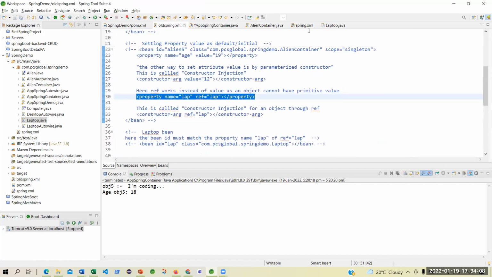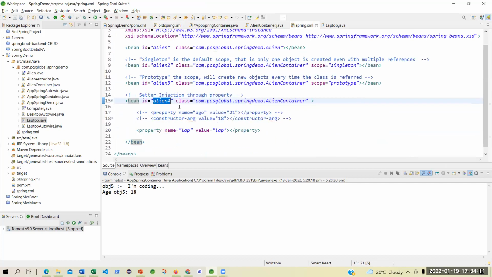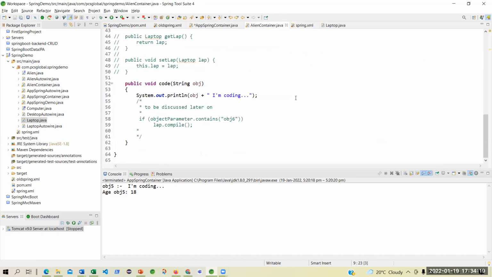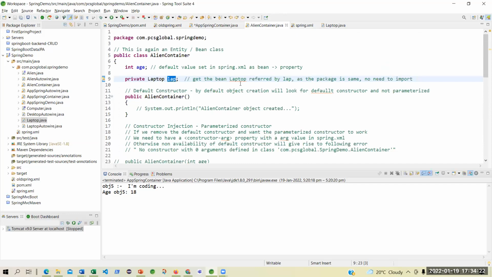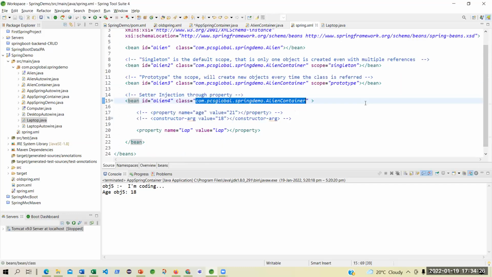Okay, I can use that. Let me continue with that align 4. So I will just refer to align container, but align container is referring to what? Laptop. Did I define that in this?